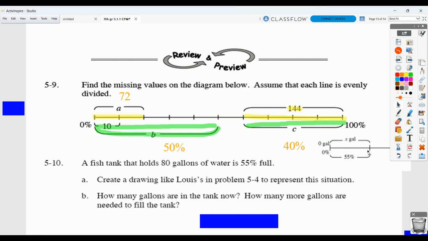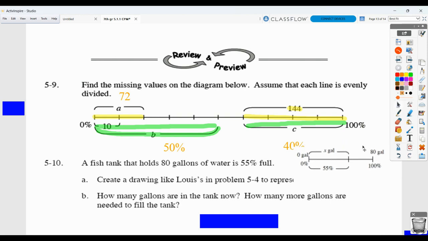So what we see is that 55% full is the case for what we have for water, but the tank will hold 80 gallons. So I'm going to move this over a little bit because we need to be able to see that the full amount of gallons of the tank, 100%, is equal to 80. So the question is, if 100% is 80 gallons, what will 55% be? And again, there's more than one way to do this. One way we could do it is to say